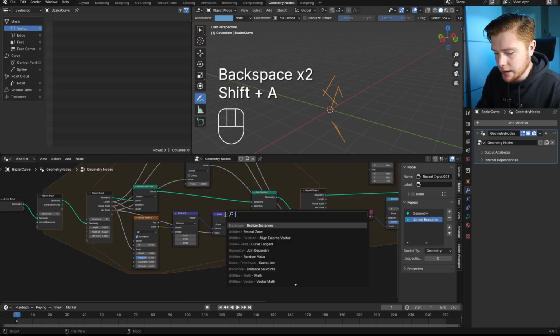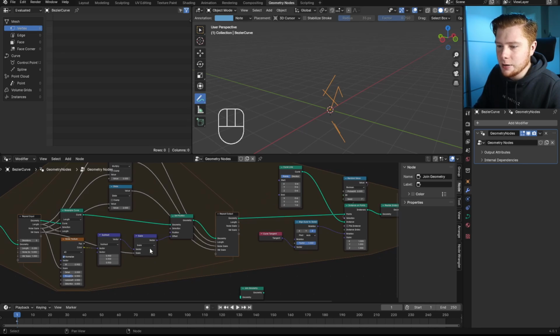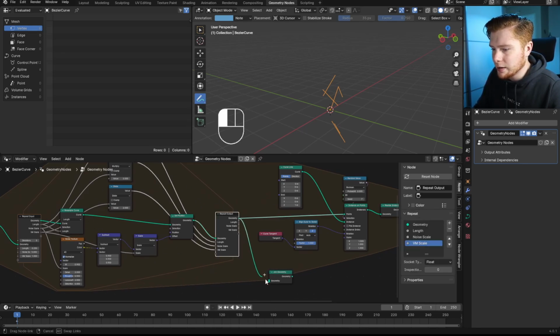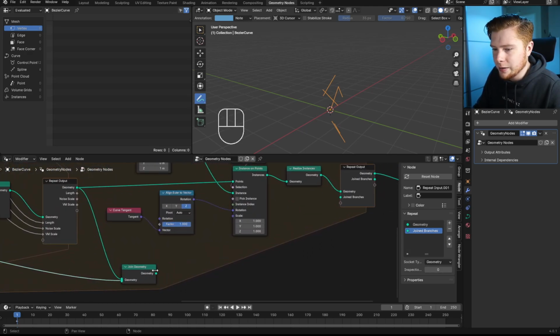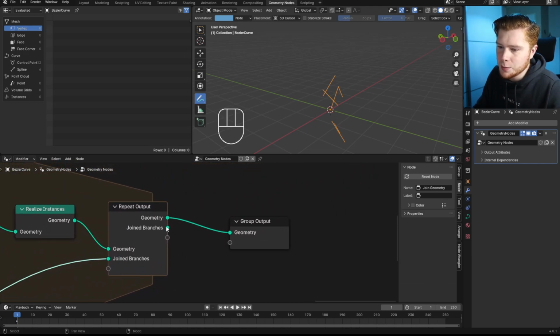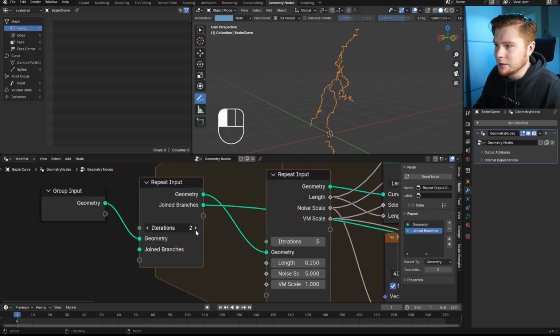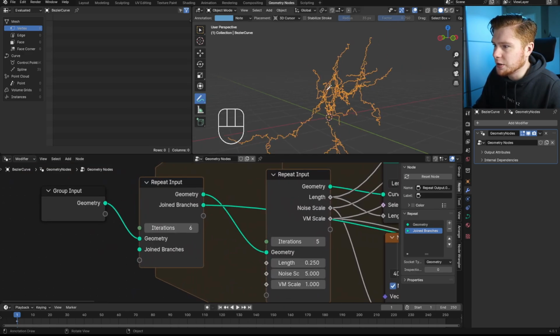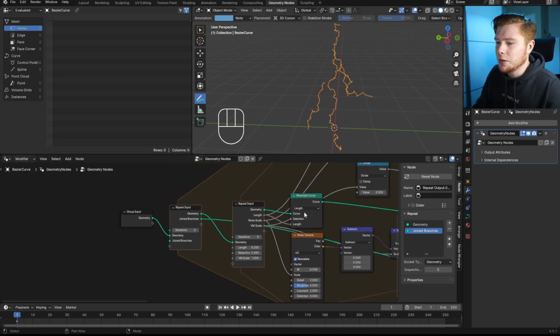And then we do a join geometry, and after each time a new curve gets through the noise repeat zone, I want to join that with the joined branches input, like this. And then if you connect this one with the joined branches, now you will see that the branches are not getting deleted and you're getting branch, branch, branch, just like this. I will set the iterations on 2 for now,